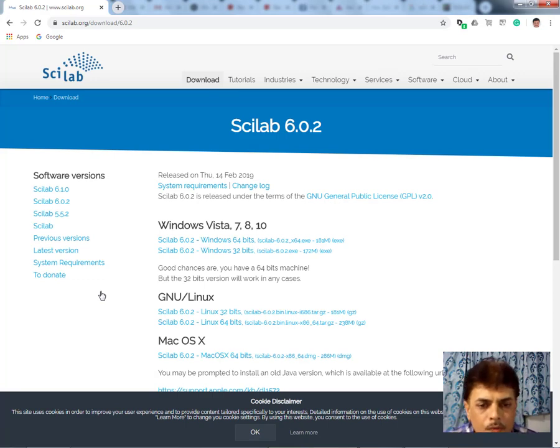In order to reach the download page of the scilab.org website.